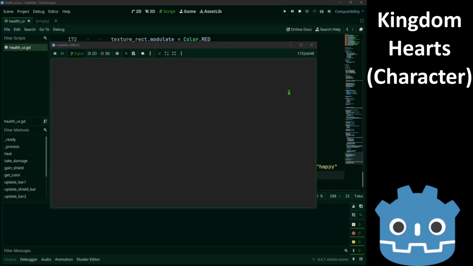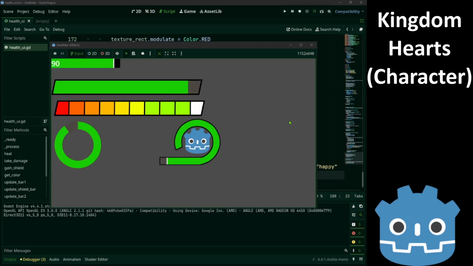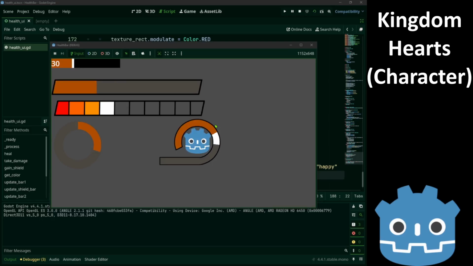So if we run this, I press escape, we take damage, and then it remains happy. Now we went below 30 health, and you see the mascot is sad. We go to the end, and it's dead.